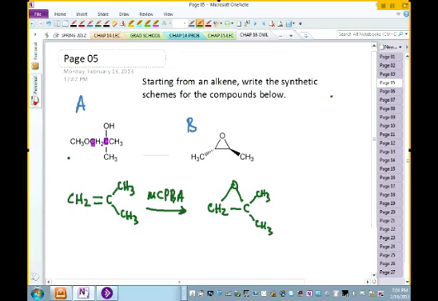Okay. Now what is going to happen now? Still coming back to your final product. What do you think is going to happen now? Keep in mind that the epoxide could react with a nucleophile. Anybody has an idea what is going to happen now? Methoxide? Exactly. Okay. So now you want to take a methoxide, sodium methoxide, for example.